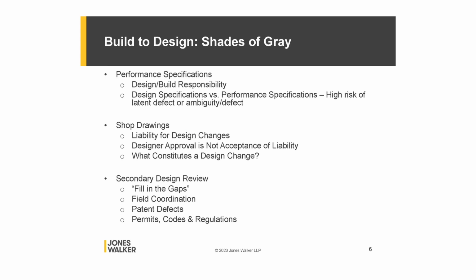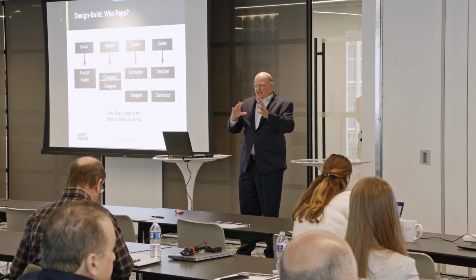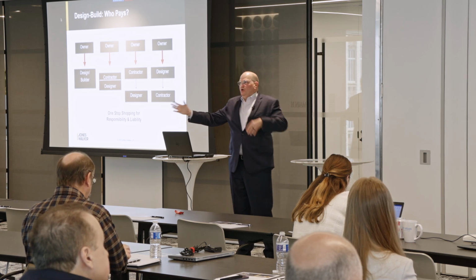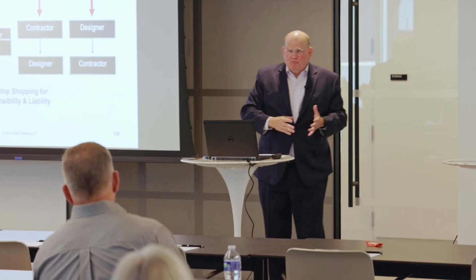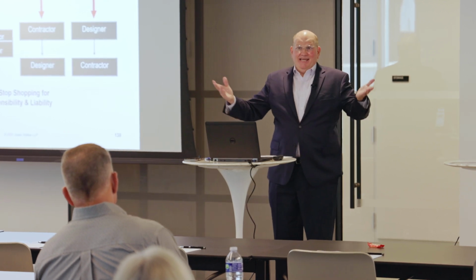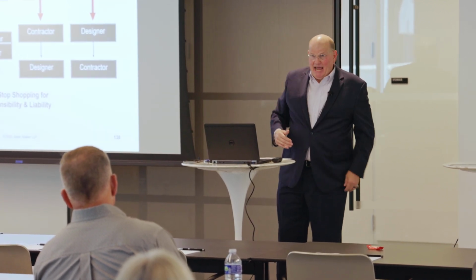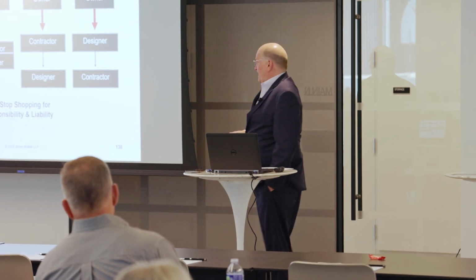Again, performance specs, those are design-build responsibility there, especially window walls, stuff like that. Shop drawings, you change the design and you don't flag it under the AIA, even if it's approved, then that's your baby. That is your design. And of course, there's a secondary design review where it's the fill-in-the-gap stuff, which again is another great thing to argue about. They didn't show control wiring, control piping. Is that in the project or not? Most of the time you're gonna say yes, because that's a fill-in-the-gap thing. You get into other variables about that.